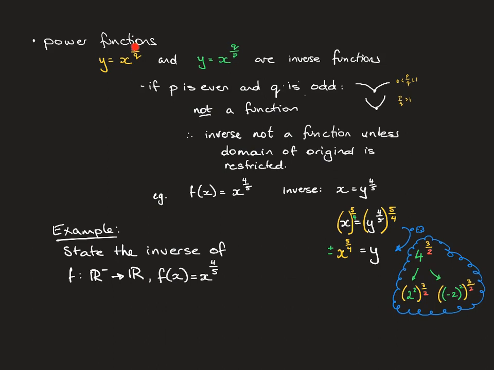It won't be a function, and it will have two arms. And the reason that it works for this f of x is equal to x to the 4 on 5 is if you find the inverse by swapping your x and your y around, and then to get y by itself, you're going to raise both sides to the power of the reciprocal, so 5 over 4,